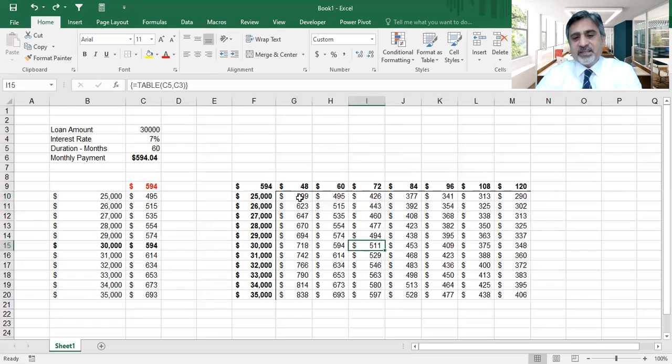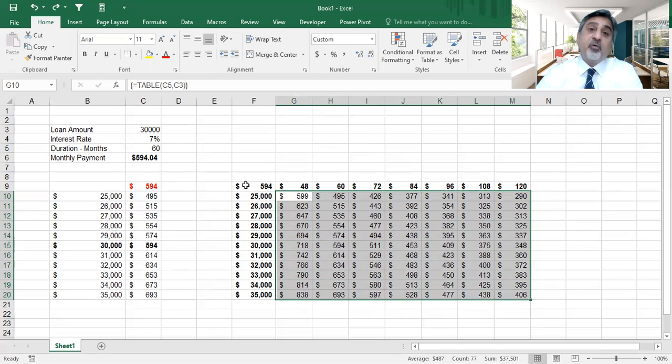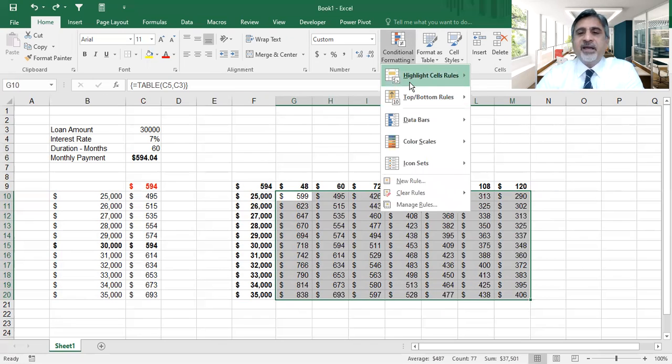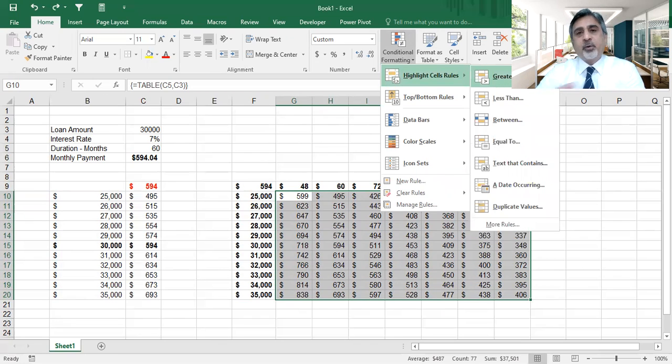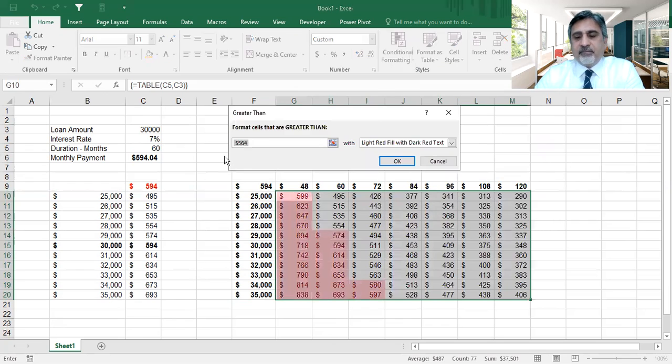So this time I'm only selecting these inside values. I'm not taking the top values. Before, I took the top values also. This time, this is the data which I want to format. I come to conditional formatting, and you have highlight rules, greater than. So I'm going to change their colors. I'm going to highlight them greater than. So within this data, values which are greater than 500,